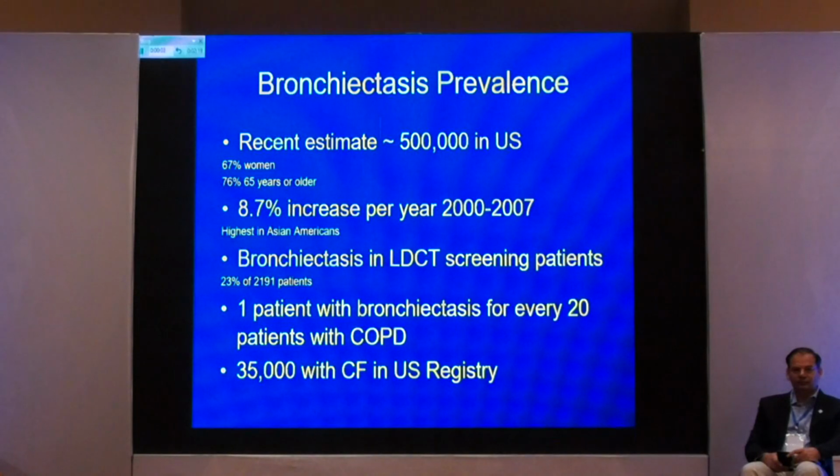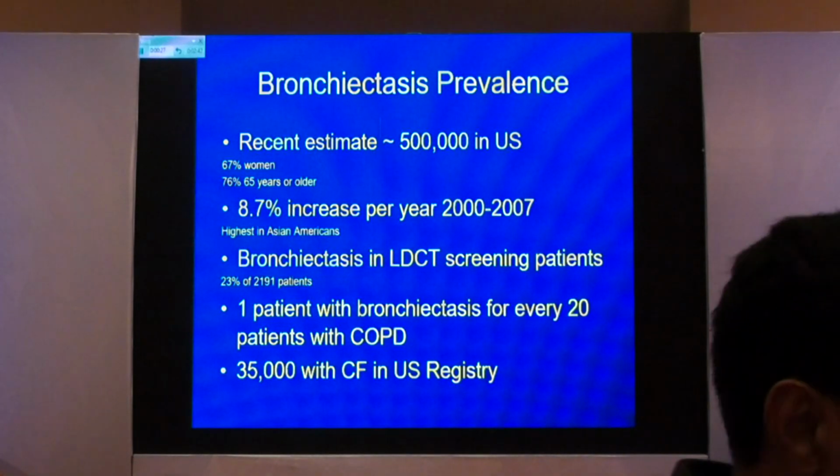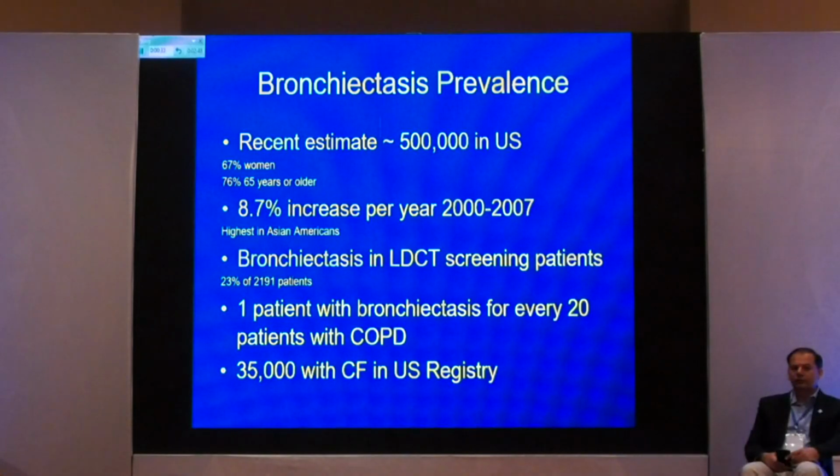It is estimated that non-CF bronchiectasis is about 500,000 in the US. To give you a direct correlation, CF bronchiectasis, which is the other big portion, is about 35,000 to 40,000 patients. Since 2019, one of the new medications came out for CF called Trikafta, and that medication has had a huge survival benefit. Forever, the survival used to be less than 40 years, but now the median survival with CF has gone up to about 70 years. And the worldwide prevalence of that disease is about 105,000 patients.